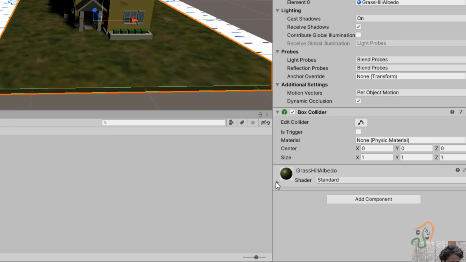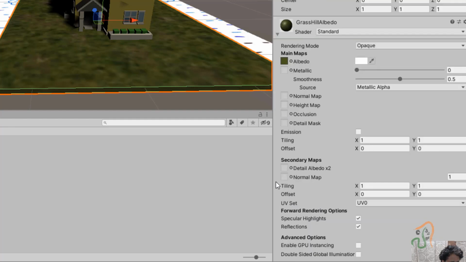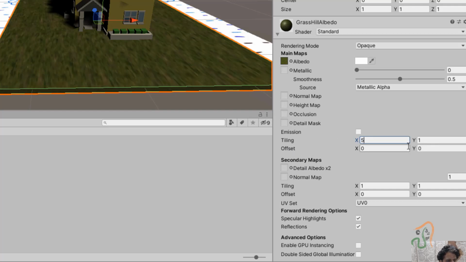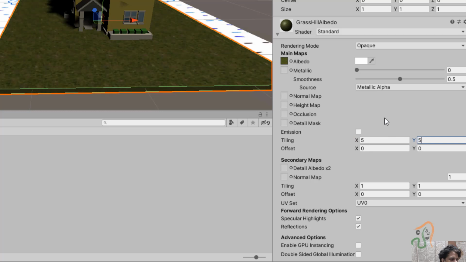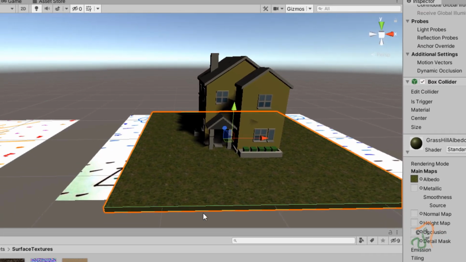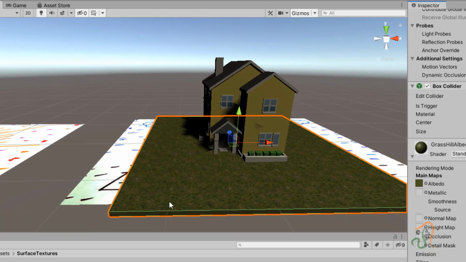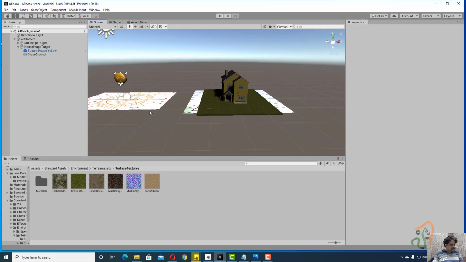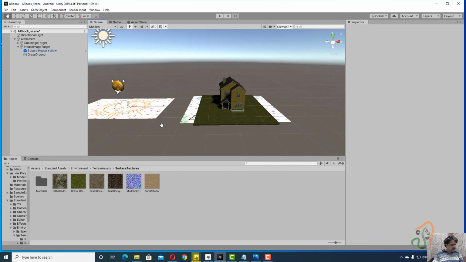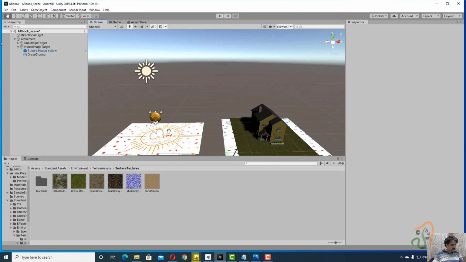So here you open this, and in this you have tiling here. Right now it is set to 1 and 1. So reduce it to 5 and 5. So now what happened? The scaling of this grass has decreased. So we have made it 5 into 5. And after this, now we have our house ready,